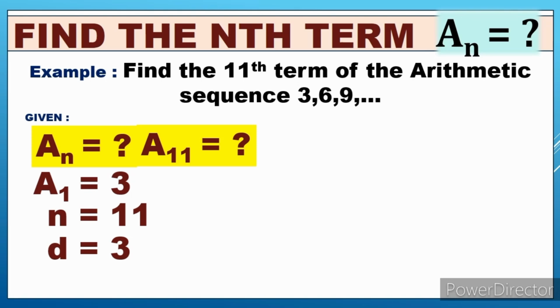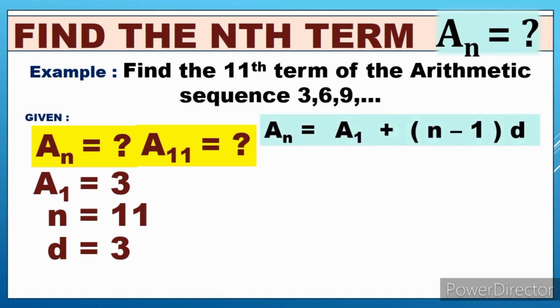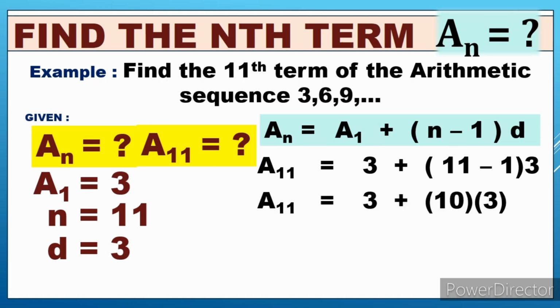And then we're going to substitute the values in the formula. A sub n will be a sub 11. Then it is equal to a sub 1, which is 3, plus the value of n, which is 11 minus 1, and d is 3. Okay, then we have now a sub 11 equals 3 plus 11 minus 1, which is 10,